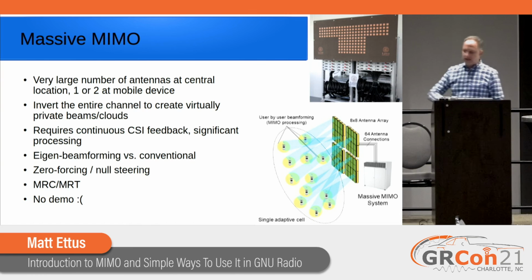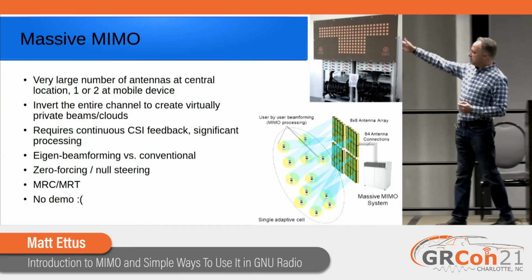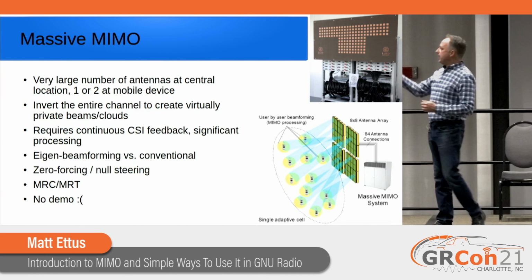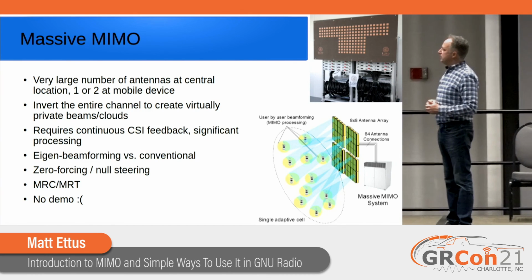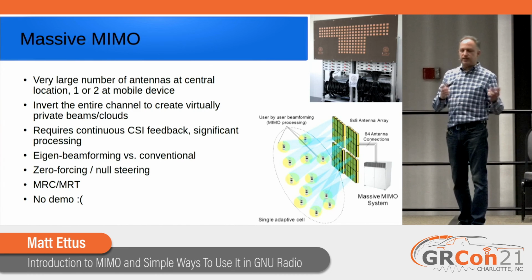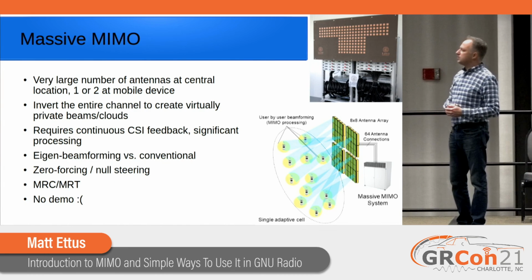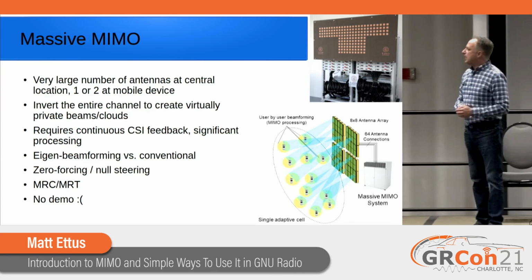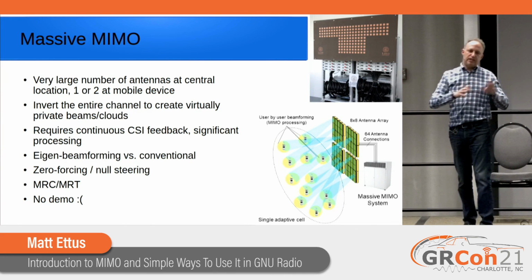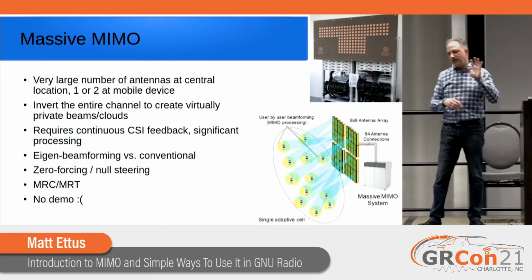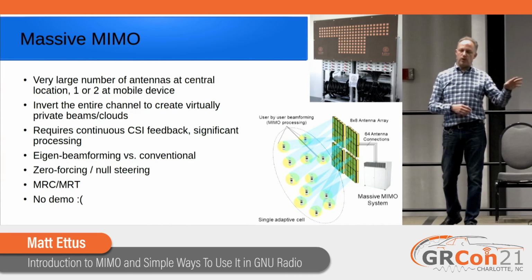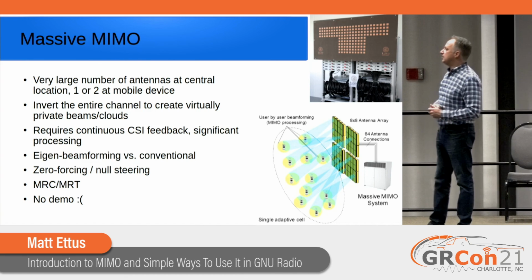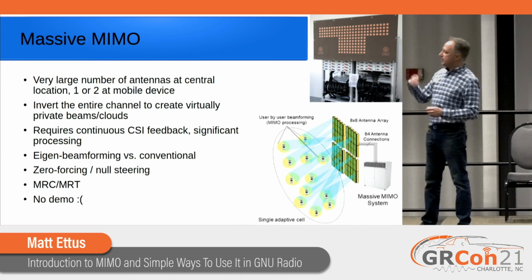So the final technique is Massive MIMO, and this is a picture I've used many times, a setup at the University of Lund in Sweden, where they had 64 X310s, which each had 2 antennas. So it was a 128-way MIMO. In Massive MIMO, typically it's not 128 on each side. It's 128 or 64 or 32 on one side, and then a handheld with 1 or 2 antennas on the other side. But what you have here is a continuous CSI feedback,